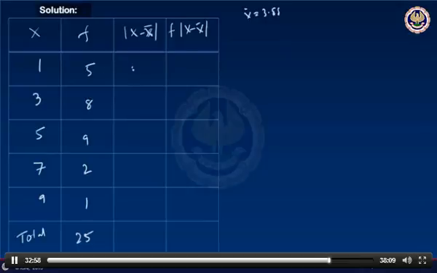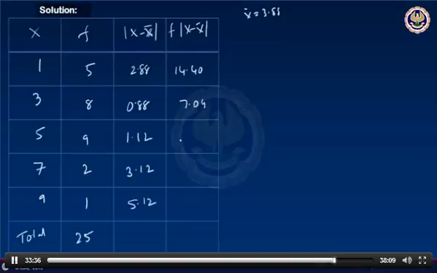That is 1 minus 3.88 is 2.88, next 3 minus 3.88 is 0.88, next 5 minus 3.88 is 1.12, 7 minus 3.88 is 3.12, and 9 minus 3.88 is 5.12. The respective frequencies multiplied by these absolute values give 14.40,